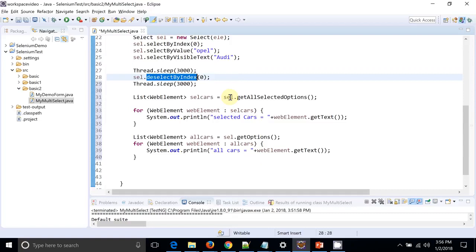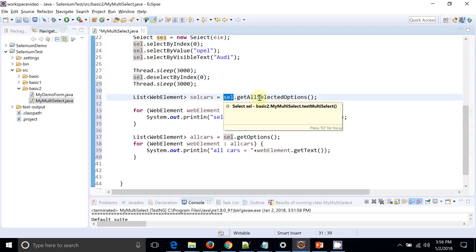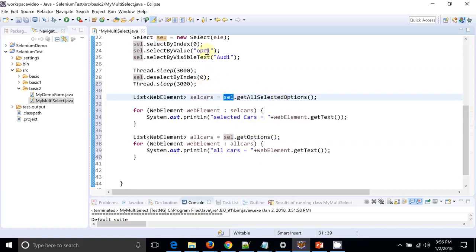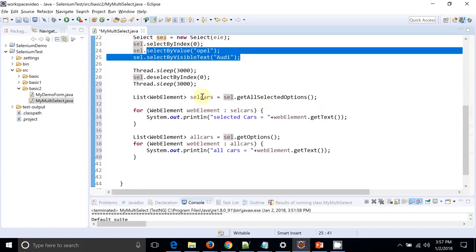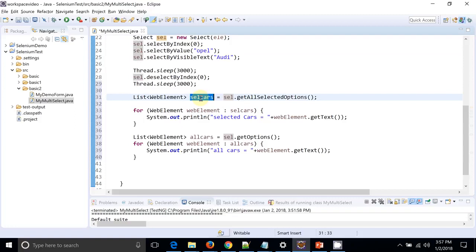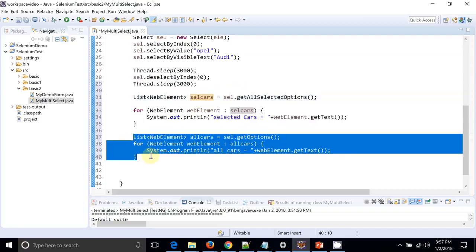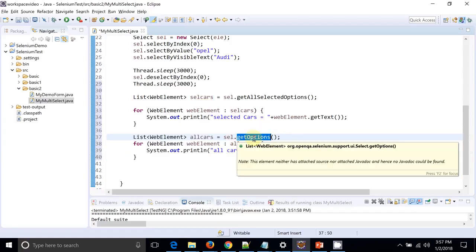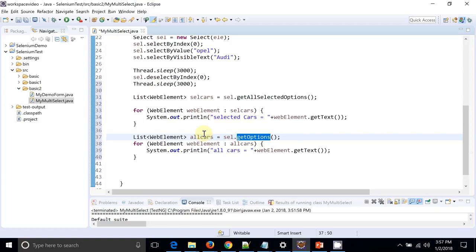Now what I did over here, I got all the selected options only. I know that though I have deselected one option, still two options are selected, so I should get two selected cars over here. And I used this particular method, getOptions, which returns all options present inside that list box, and I just got this particular list.